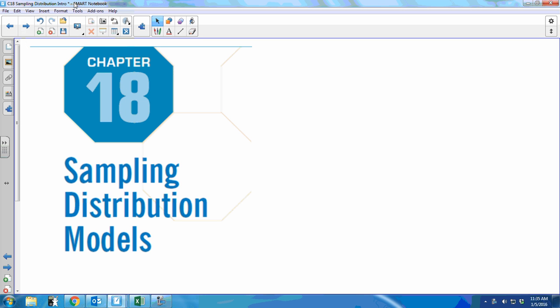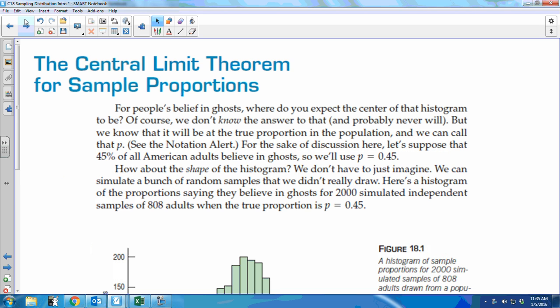Chapter 18 is about sampling distribution models, which we talked about briefly, sort of, yesterday when we did the M&M activity, sort of. So we'll go into more detail today. Again, you're supposed to read the first 3 pages of the chapter yesterday, so you should have some sort of frame of reference between the activity and the reading about what I'm talking about today. Okay. All right. So first of all, what we're talking about with sampling distribution models, it's called the central limit